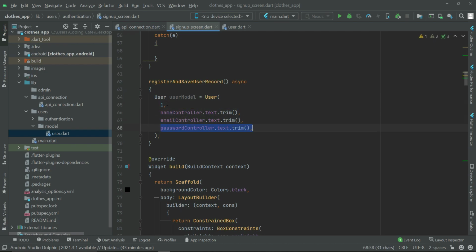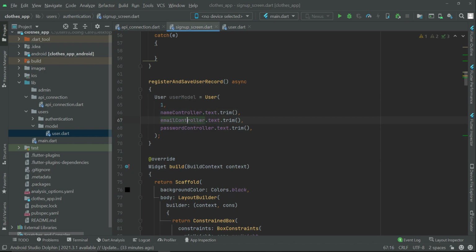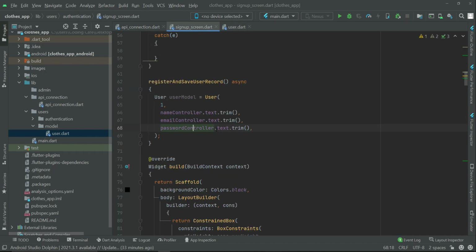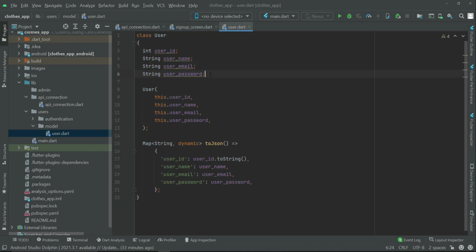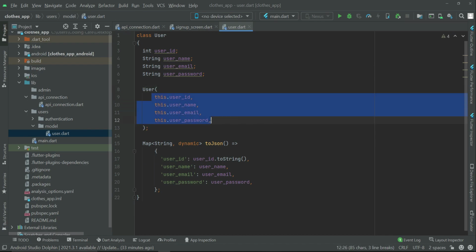For example, ID goes to ID, then name goes to the username attribute, then email goes to the user email attribute, and then password value goes to the user password attribute. So as these have the values now, using this constructor basically we pass that. So as it has received these values,